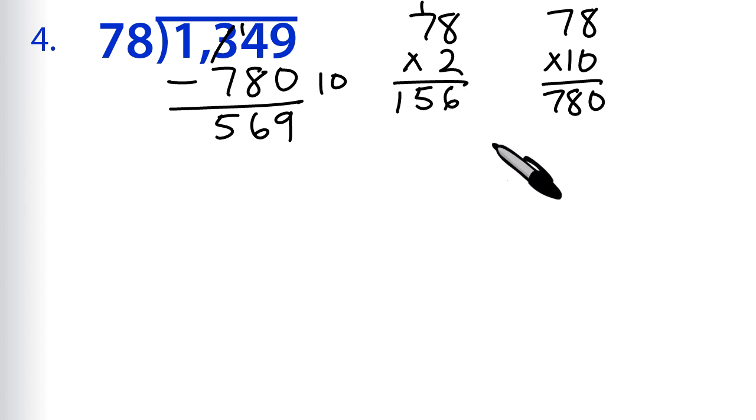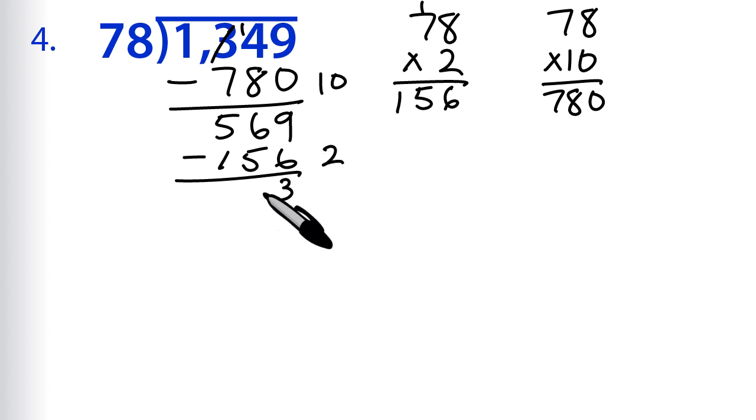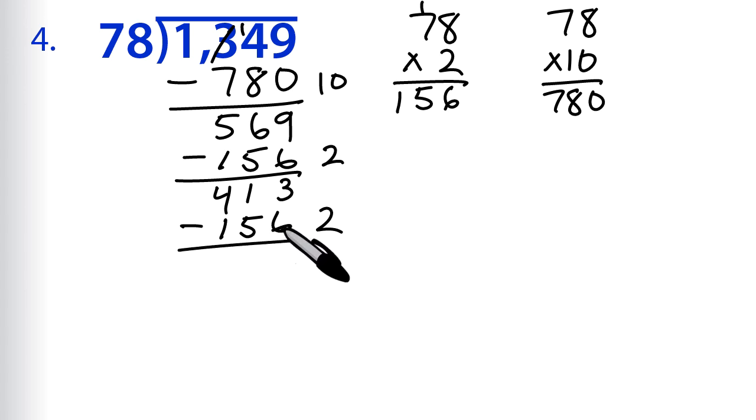And we could, if we wanted, make a multiple of 4 and something, but we'll go ahead and just use a multiple of 2 a few times here. So 156 minus that. So 9 minus 6 is 3, 6 minus 5 is 1. So we have 413. So let's go ahead and just use the multiple of 2 again, because it's not too large for this. We could cut out a couple of these subtraction steps if we made a larger multiple, but we can also just do multiple